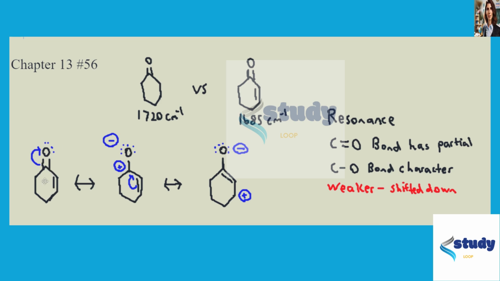So you have your first structure, and then this double bond can shift a pair of electrons up to the oxygen. So the oxygen will have a negative charge. The carbon that was formerly part of the carbonyl now has a positive charge. And then from there, the double bond can migrate. And so the oxygen would be unaffected by that, and the positive charge would just be down on this other